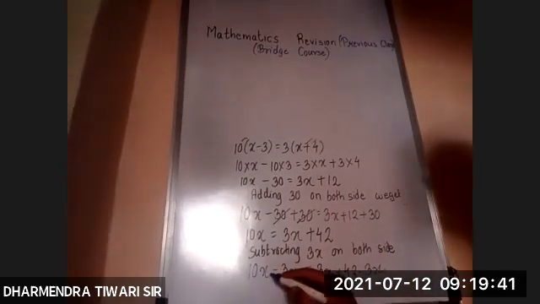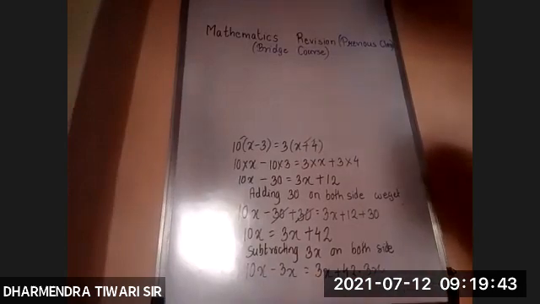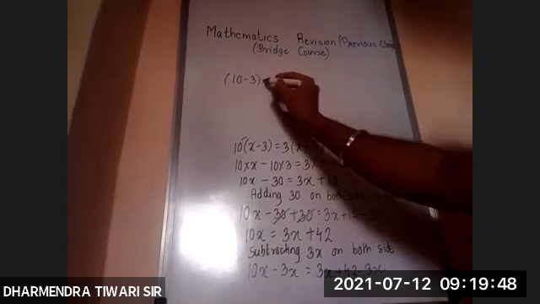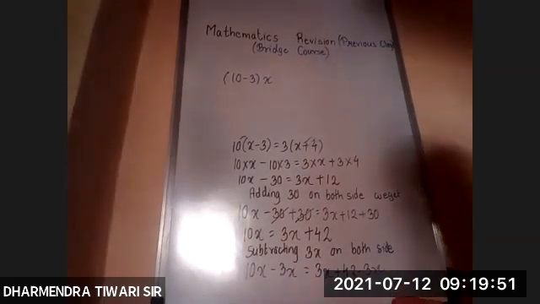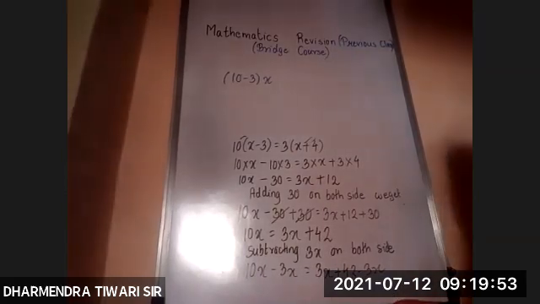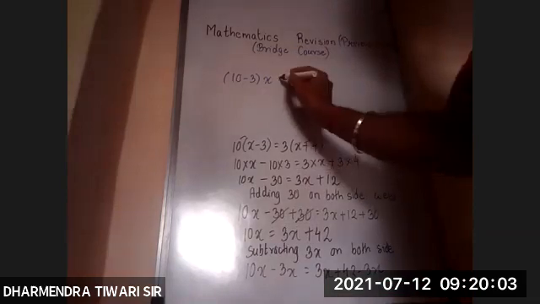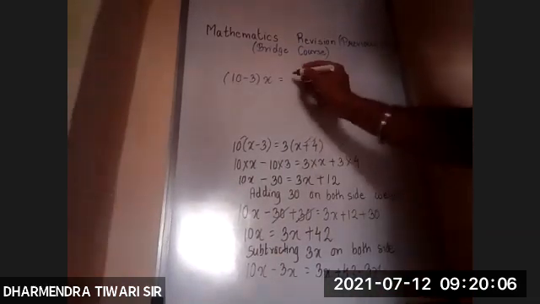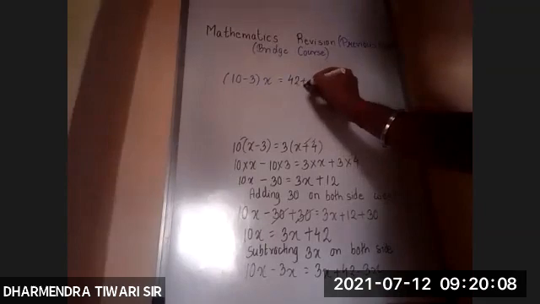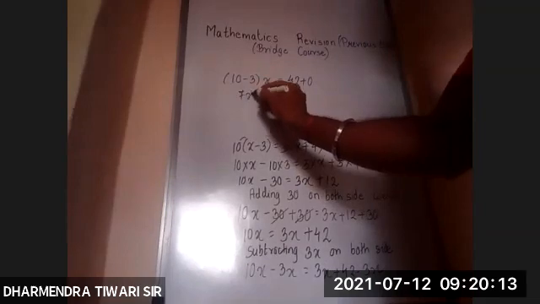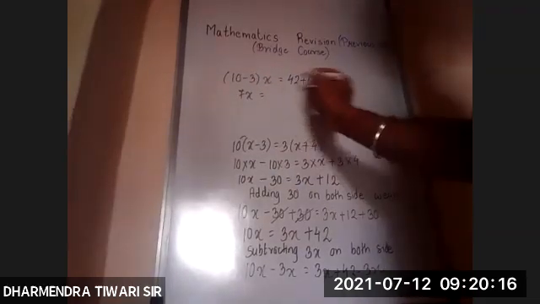So 10x minus 3x. If you're not getting this point, what you can do, just take x common. I've taken x common from both the terms. That is 10x minus 3x, x common, so 10 minus 3 into x is equal to... 3x minus 3x is 0. So 42 plus 0 or 0 plus 42 means the same. So 10 minus 3 is 7x is equal to 42 plus 0 is